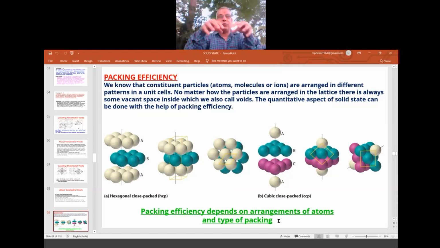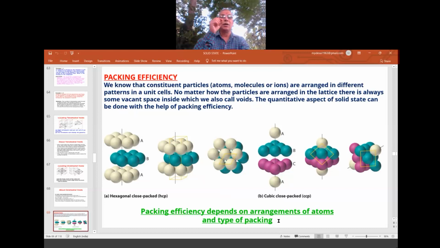In that you fix some 100 balls. So they will go for close packing, but you see that certain gaps are there. So excluding the gap, that is called the packing efficiency. Then what is packing efficiency? Packing efficiency means out of the total volume of the bucket, the volume of the packed spheres, or the packed balls, or the packed particles. If you divide the packed volume of the balls by the total space available, the total volume of the bucket, that gives you the packing efficiency. And if you multiply by 100, in terms of percentage, that is called percentage of packing efficiency.